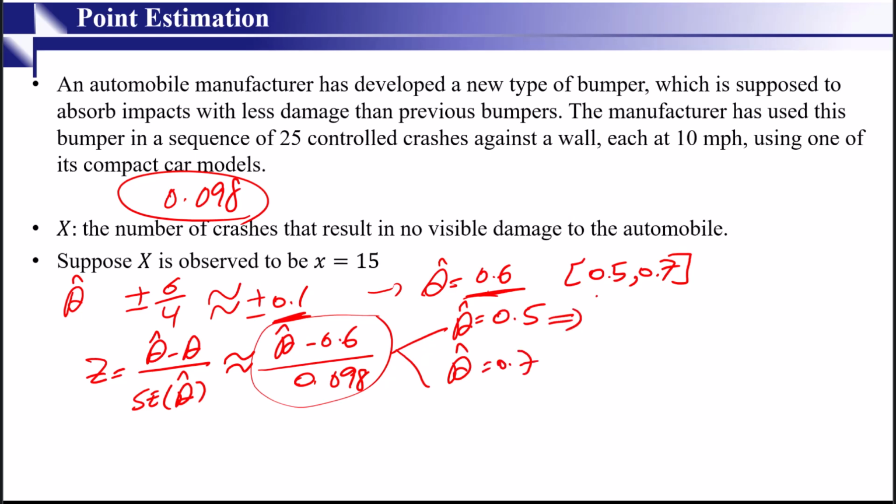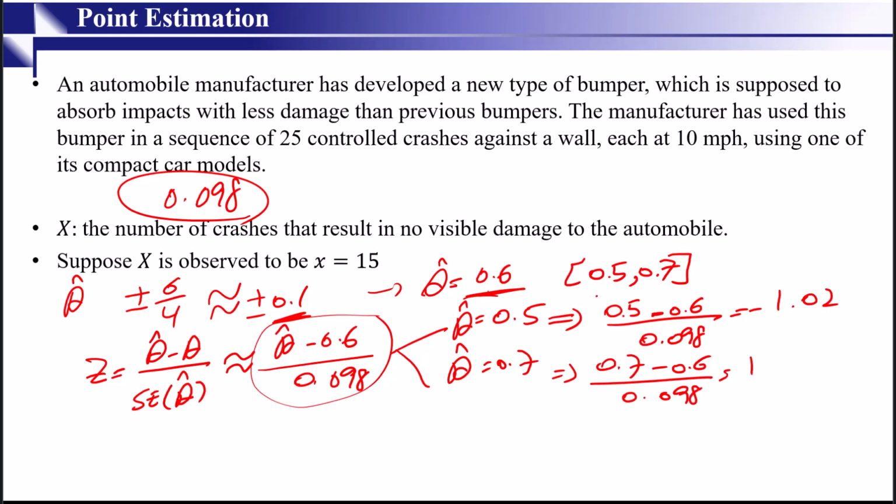If theta hat is 0.5, then it is 0.5 minus 0.6 divided by 0.098, which is equal to minus 1.02. And 0.7 minus 0.6 divided by 0.098 is equal to 1.02. So we found minus 1.02 and plus 1.02. The probability that Z lies between minus 1.02 and plus 1.02 is approximately equal to